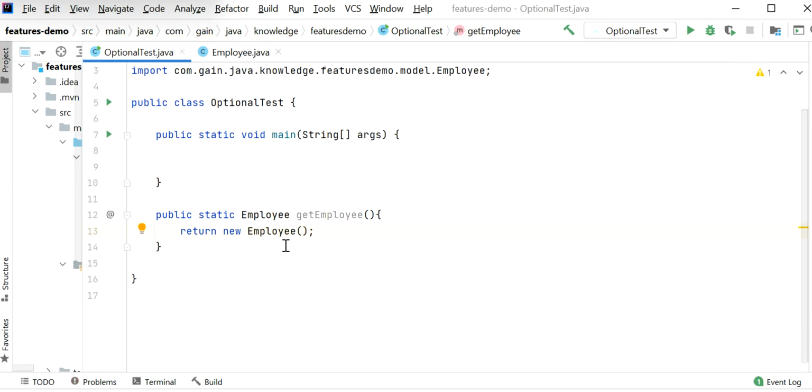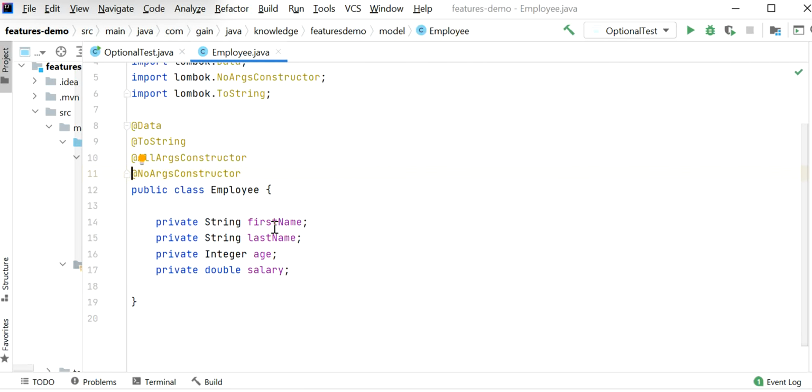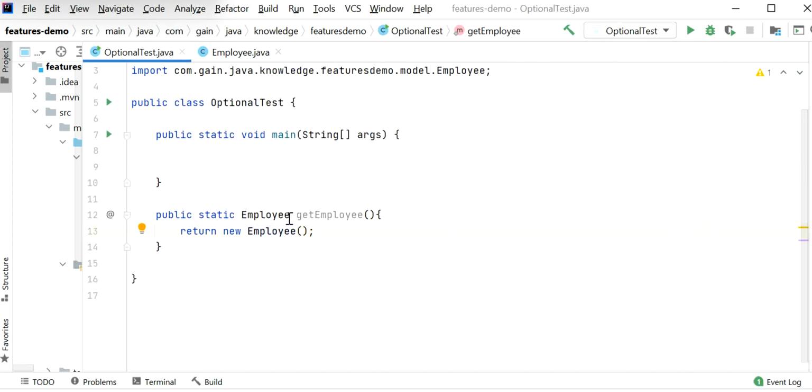Inside this Employee object we can pass these four parameters: first name, last name, age, salary. Because I have used an all-args constructor, we can pass all parameters, or without any parameter we can also create the Employee class object.